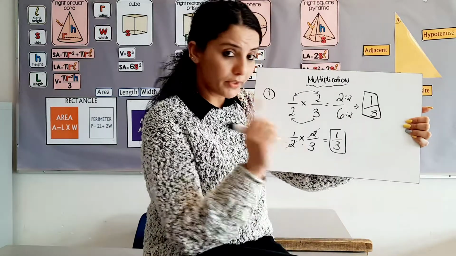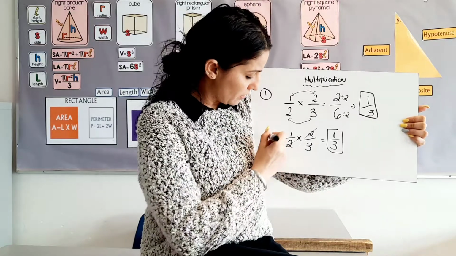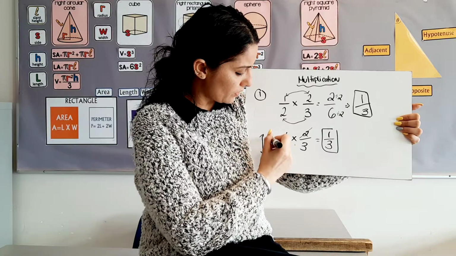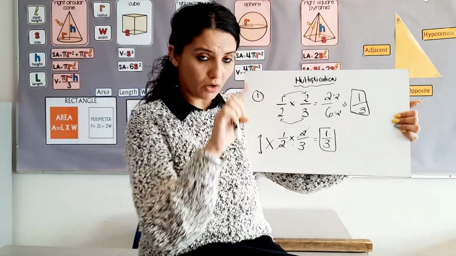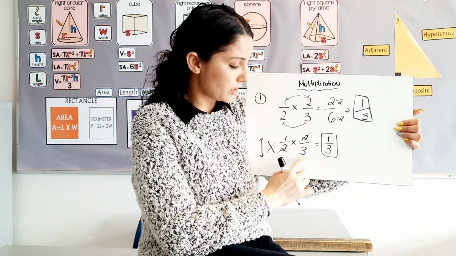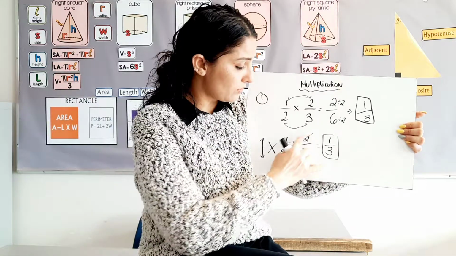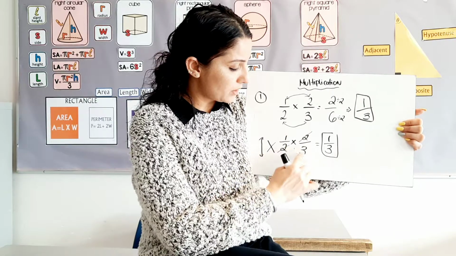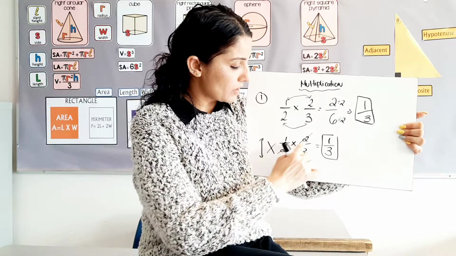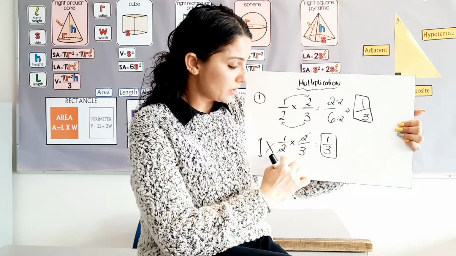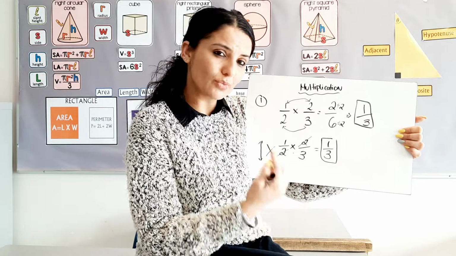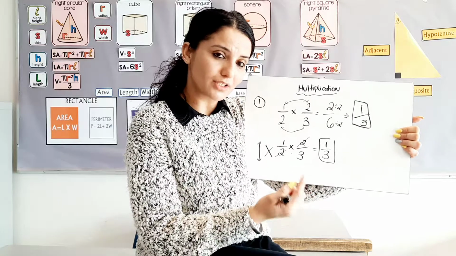When you reduce, you can only reduce vertically, or you can reduce when you make a cross. Sometimes students try to reduce horizontally. You can't do that. You can only reduce across, this way or this way, top and bottom, top with the bottom, not sideways. So always remember that. How do you remember these things? With practice. Just practice, practice, practice. Okay,